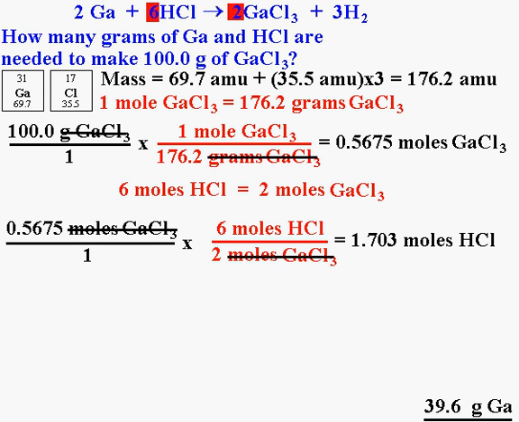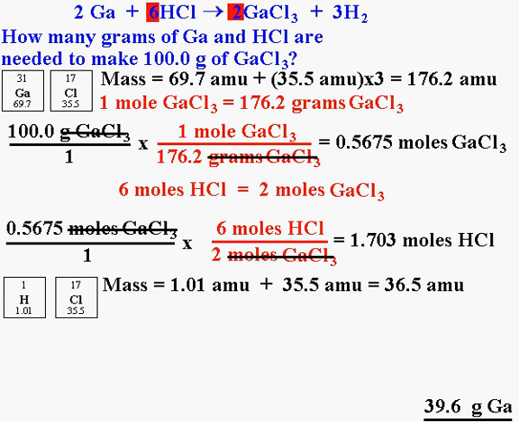Unfortunately, that's not the final answer because the mean guy who wrote this problem wants the answer in grams, not moles. So I've got to convert from moles of HCl to grams of HCl. So to do that, I need to look at the periodic chart. Here are the entries for H and Cl from the periodic chart. They tell us the mass of HCl. I take the mass of H, 1.01 AMUs, and add the mass of Cl, 35.5 AMUs,